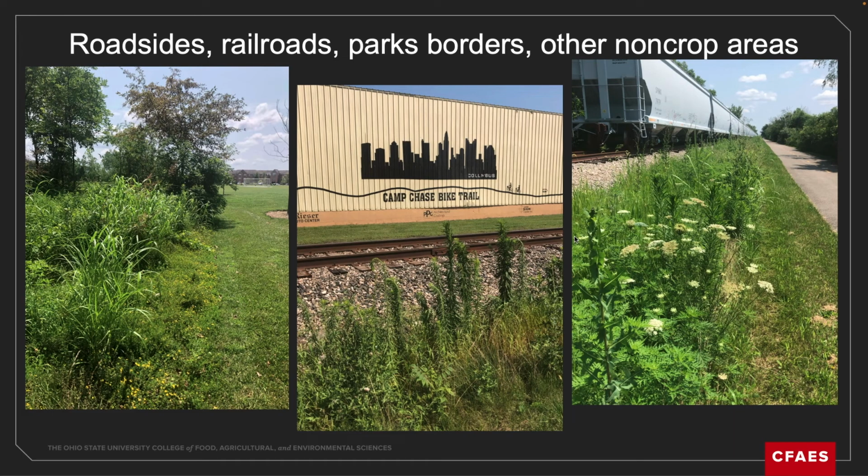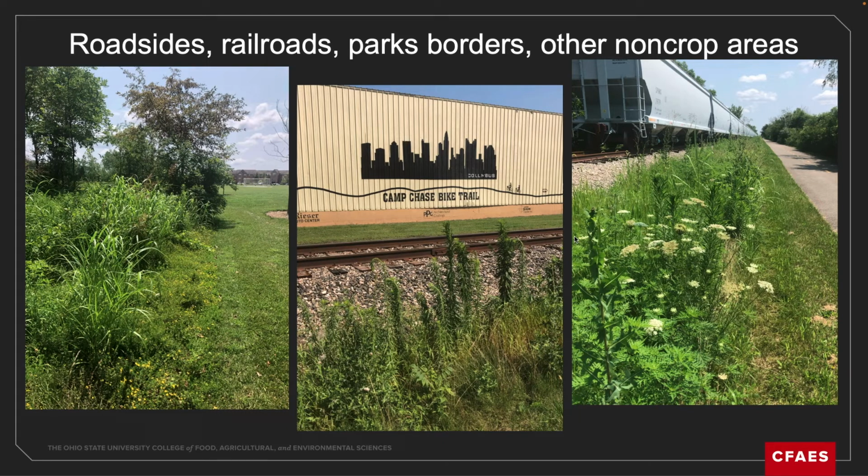And these are some examples of what I'm talking about for those types of weeds. This is out on a bike path, the Camp Chase Trail that runs out the west side of Columbus. There's various areas along here. There's a railroad, so you've got an area right next to the railroad that's maintained, and then some other areas that obviously aren't mowed. The idea is they're not going to mow these areas. They want to have some type of vegetation there.